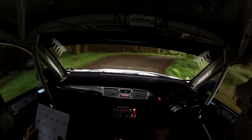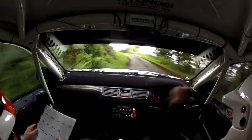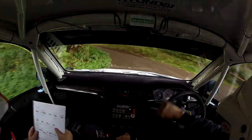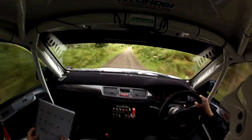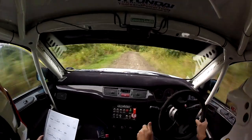right here, 40, hairpin left, very tight, 130 onto gravel, flat 1 right, 40, 3 left long, 60,